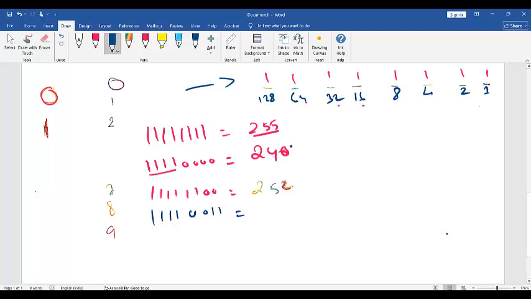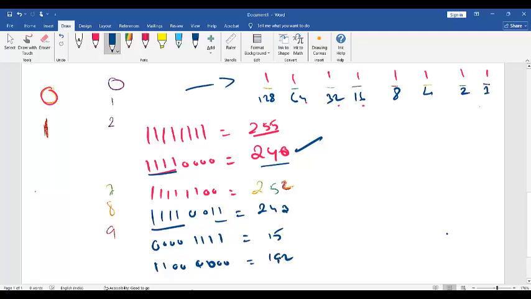So we already found 240 up to here, and this is 3, 243. It is better to remember if these 4 are on, 240. If these 4 are on, it is 15. Now, if these 2 are on,